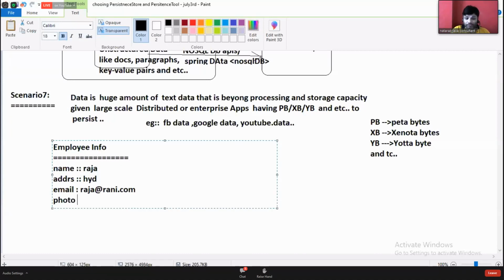Photo. Do you expect the photograph to be here? No. The location will be there: E drive slash images slash raja.jpg. Resume: E drive slash resume slash raja.doc.